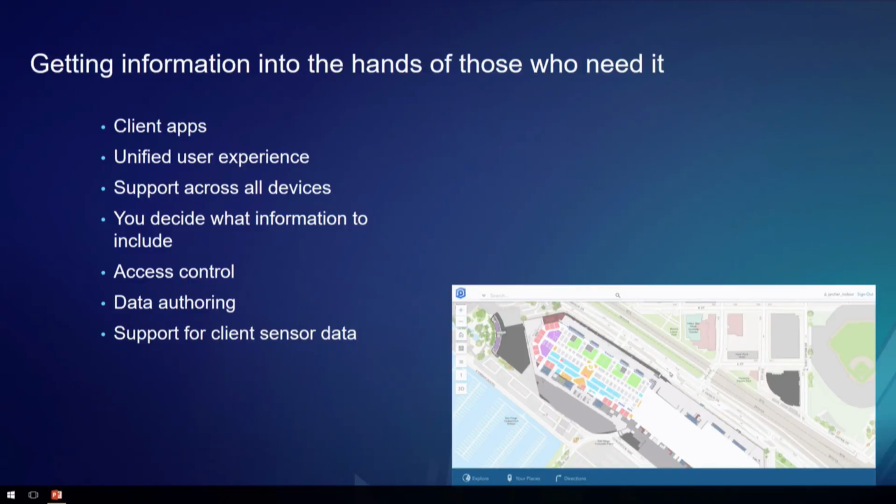So, that means a few things for us. We're trying to create a unified user experience across all the different applications, whether they're running in a browser or on a mobile device. We want to have support across all devices. Obviously, if you are using an iOS, an iPhone, or an iPad, we'll have a native app that'll run on that. We also want to support Android. And basically, we also want to take advantage of all the things that are built into the ArcGIS platform. And specifically, ArcGIS Online Organizations or an enterprise implementation or portal that you can basically set up access control and use those content management tools to control who sees what in the applications.